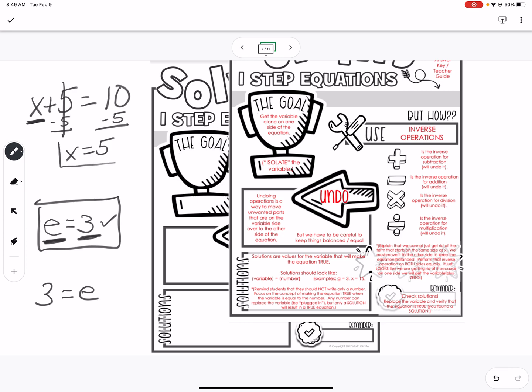All right, let's just double check it. Plug this 5 in here. Whether it's on a calculator, in your head, on the paper, I would recommend once we get into larger problems, 100% use a calculator. Well, 5 plus 5 equals 10. I checked it. All right, we're good to go, and we're going to move on.